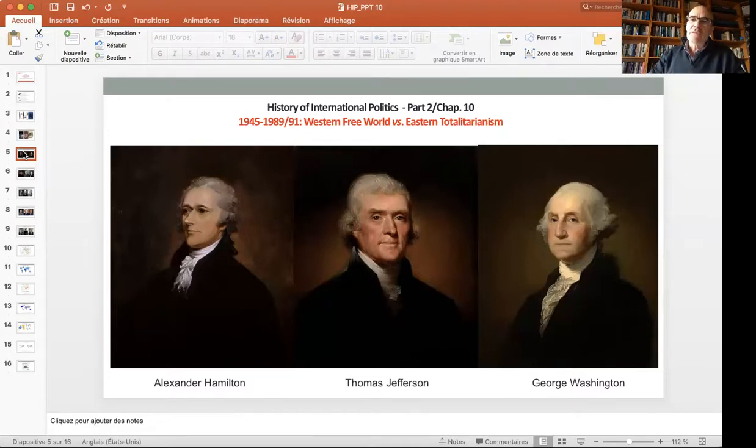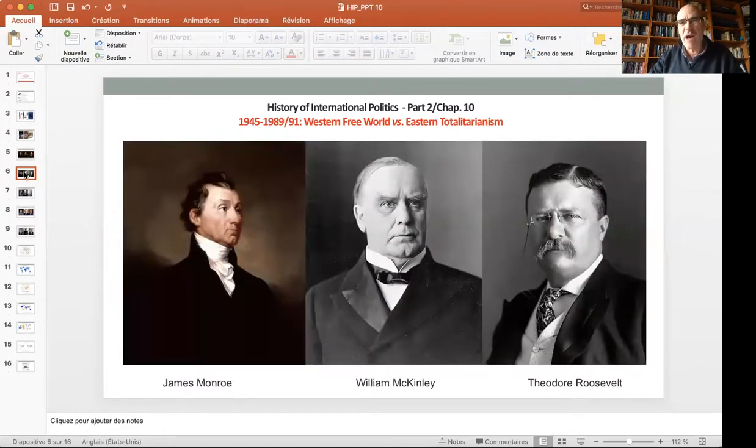In order to cope with this threat, or this possibility of European troops landing in the Western Hemisphere, the Americans adopted the famous Monroe Doctrine, named after President James Monroe, who announced it in 1823. And for the first time, we have a non-European power refusing to submit to Europe, refusing to accept the conception shared by the Europeans, according to which the Europeans had the right to do what they were eager to do anywhere in the world.